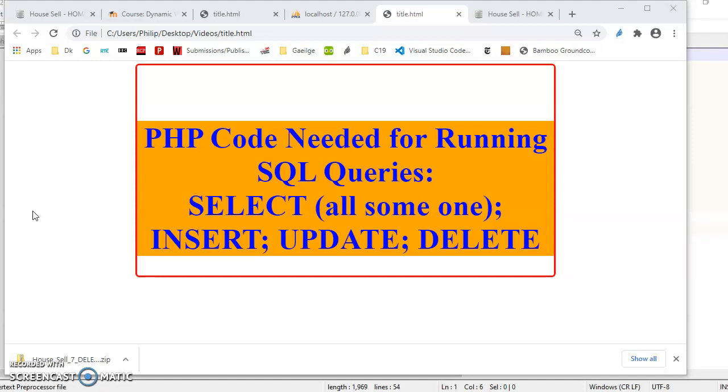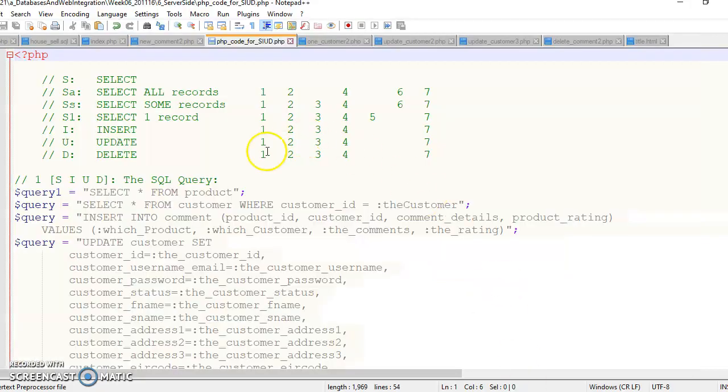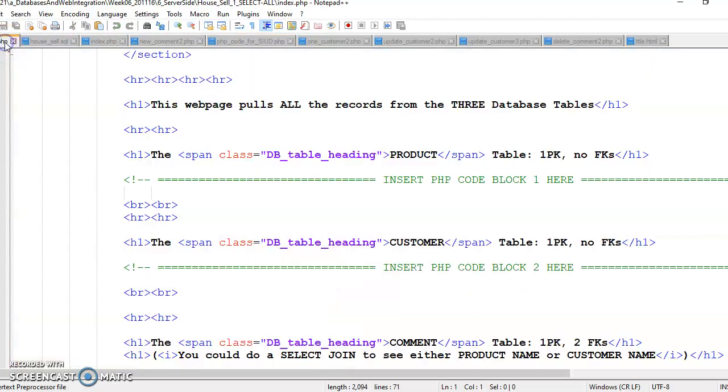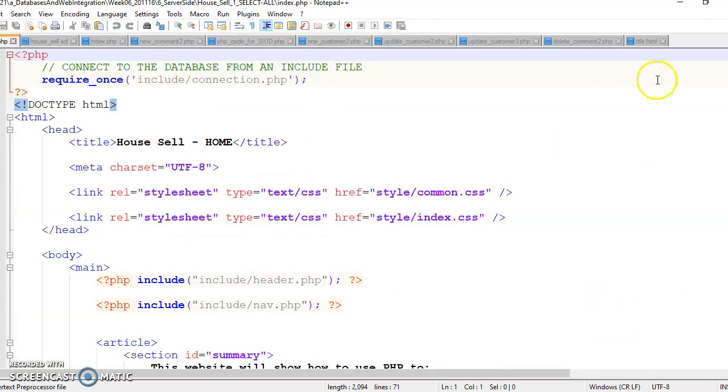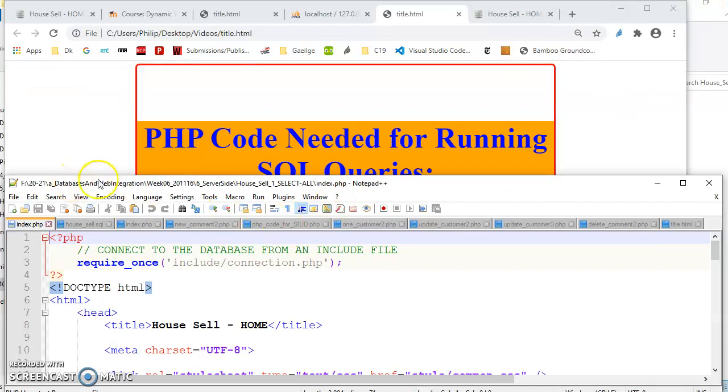Okay, so select all is in some ways the simplest because you don't need any previous information. You don't have a select all where. It's just a select all records. So 6 or 7 lines is what we need. For example, let's go to our code, and if we go to index, and this is the index on house cell, let's just work our way through